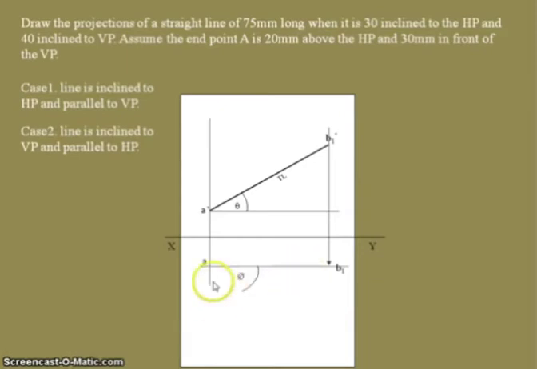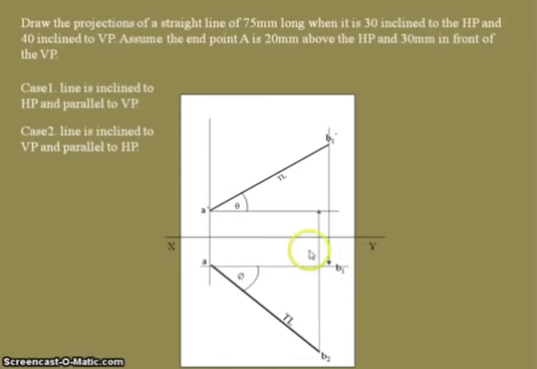Then draw the line from the A point with true length. Because in top view only we can see the true length with an inclination of 40 degrees, draw the true length after locating the angle by using a protractor with respect to the A point. Then draw the front view. So this is the top view with true length, and next we need to draw the front view. How will you get the front view? From this end point, that is B2, we need to draw a construction line, then we get the front view here for the second case.